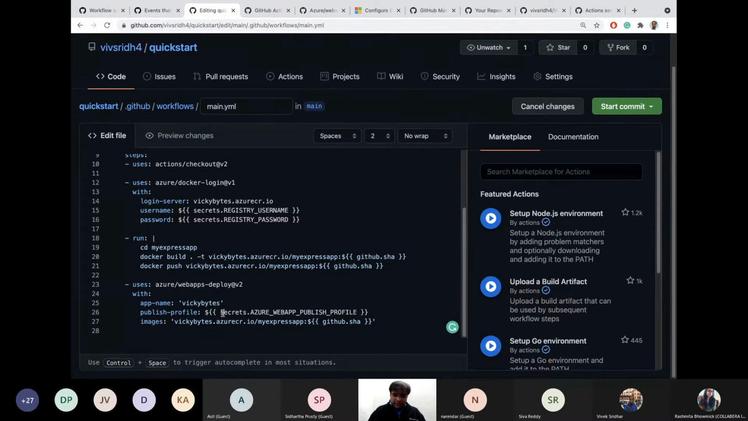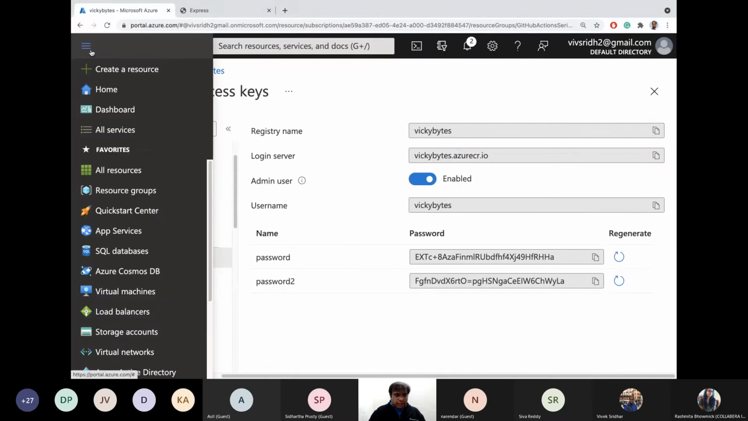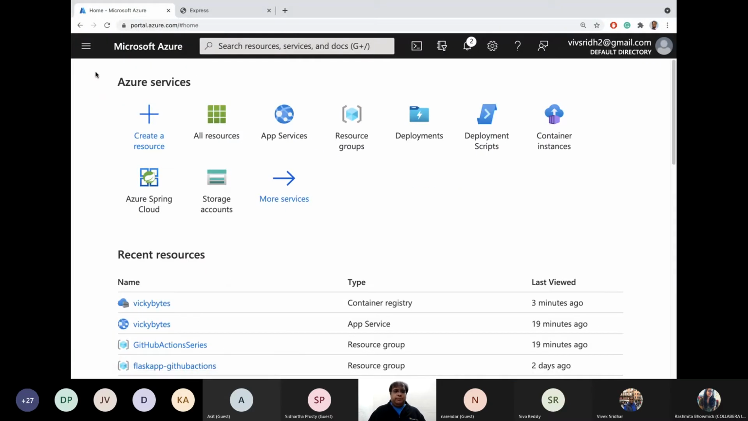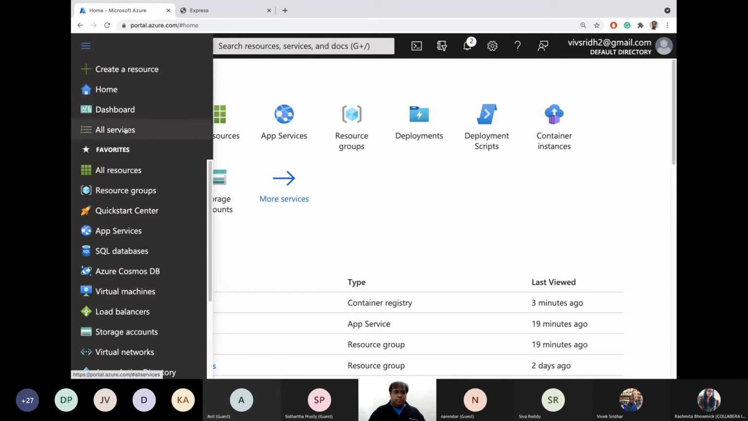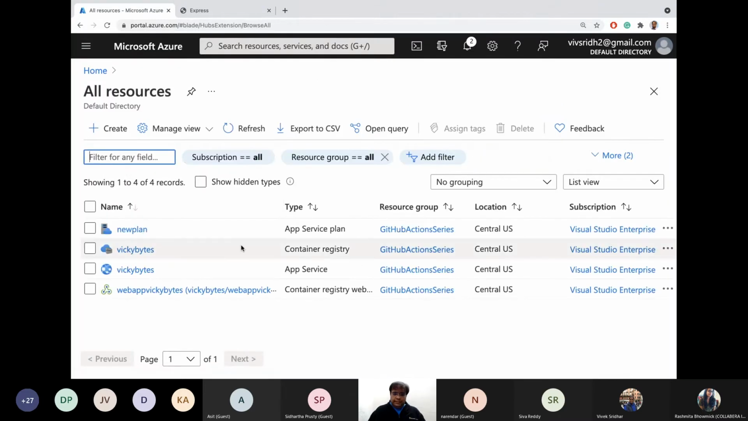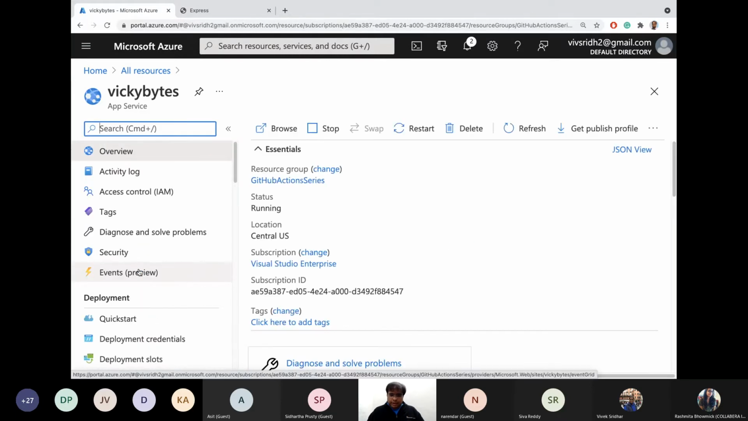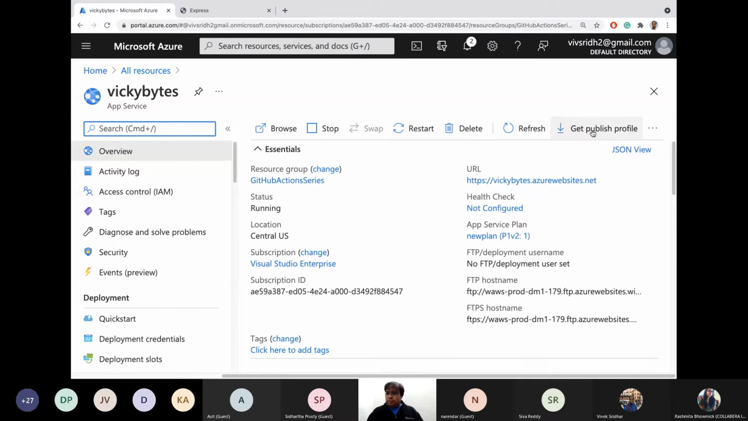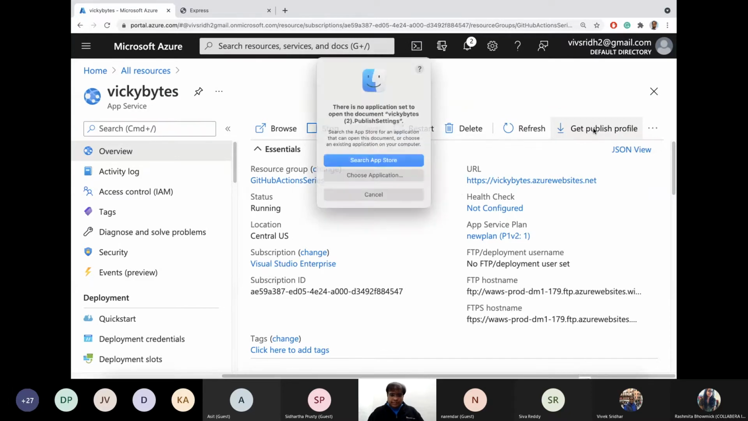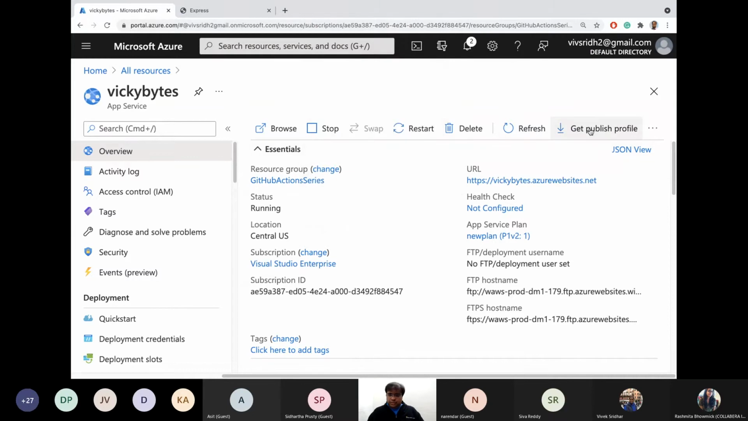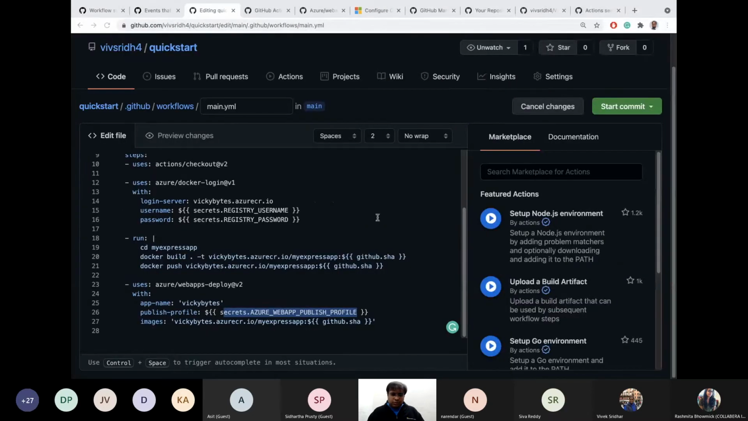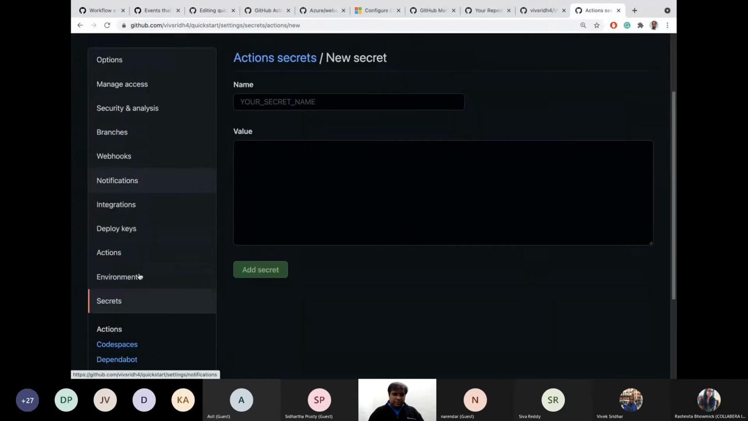So for creating a secret for the Azure Web App publish profile, it's very simple. Let us go back to my portal, all resources, and then go to the app service. In my app service, you can see there is a get publish profile, right? So when I download this, I get a file, and it downloads obviously. Once it downloads, go back to my secrets